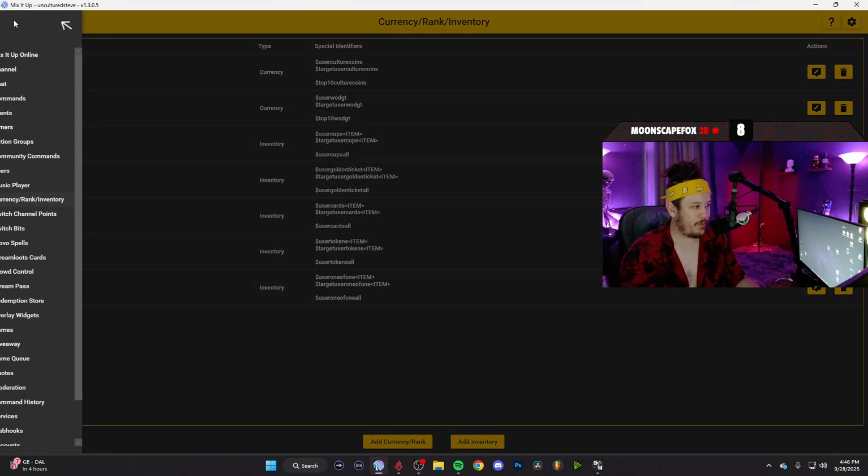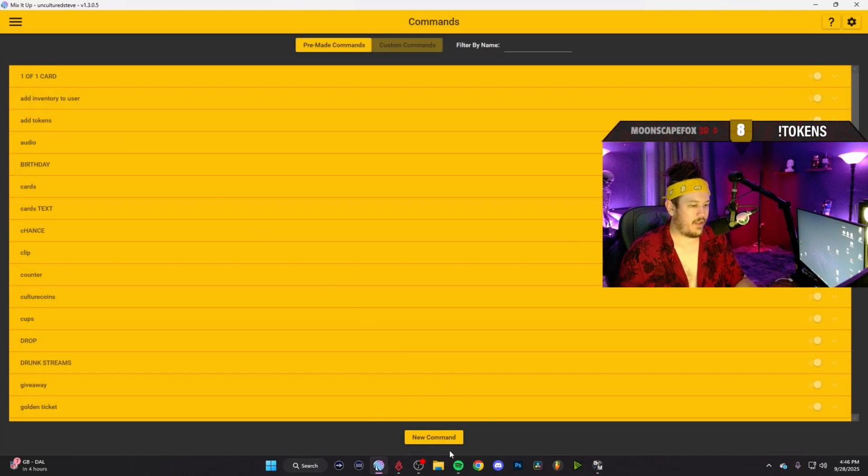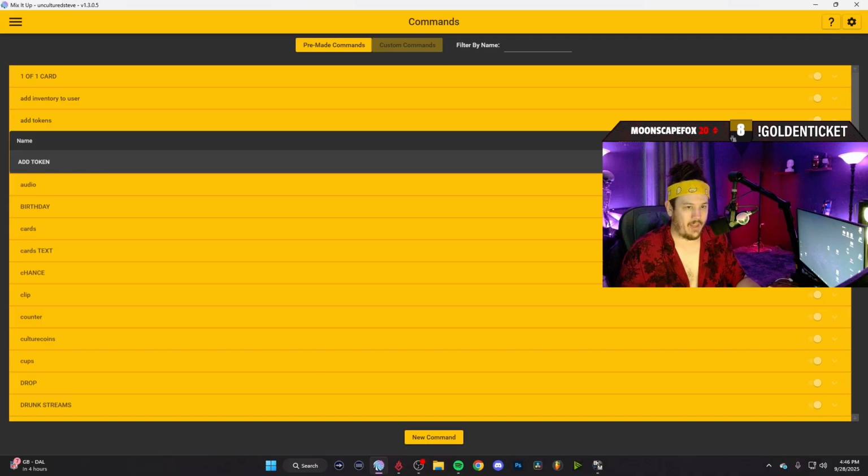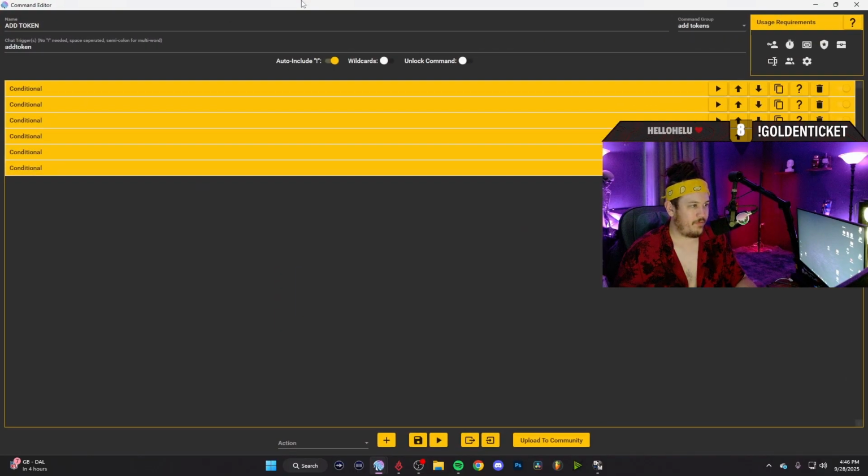Click on the hamburger, go to commands. All the way at the bottom, you'll see the new command button. You want to click on that. And I'm going to open up one that I have made before. The name I have is add token, same as the chat trigger, because we are adding a token to